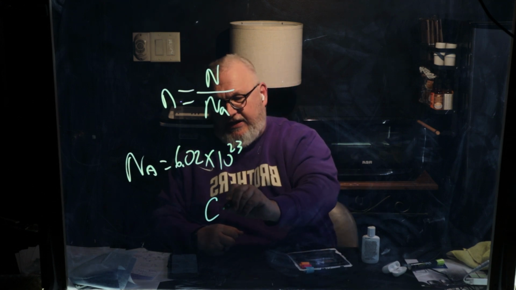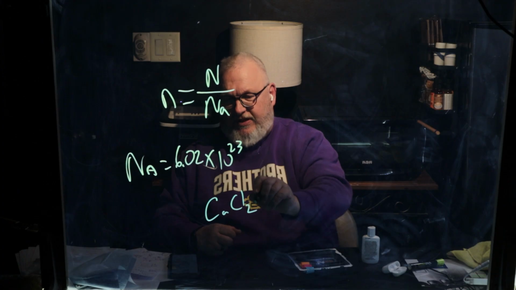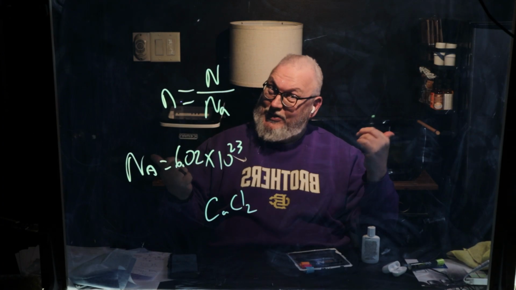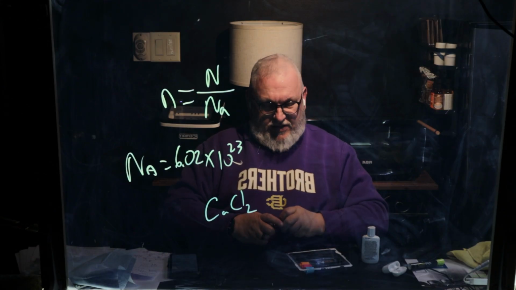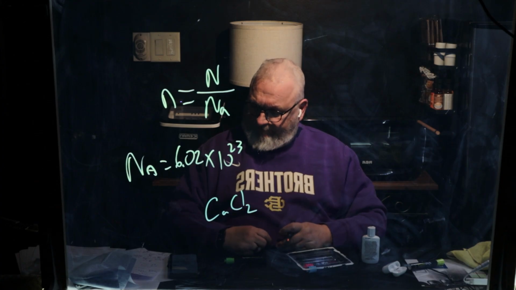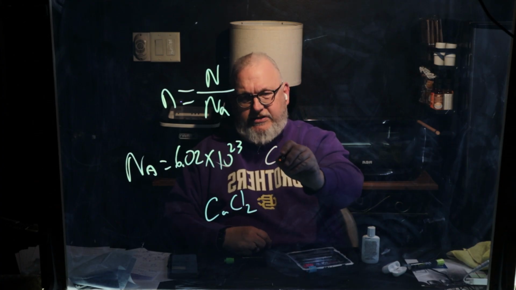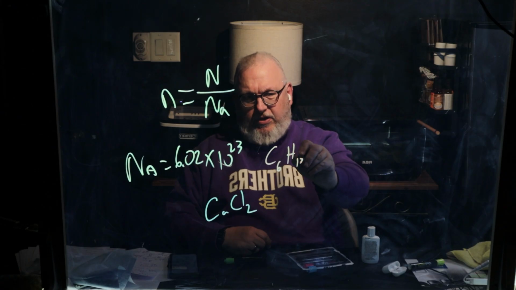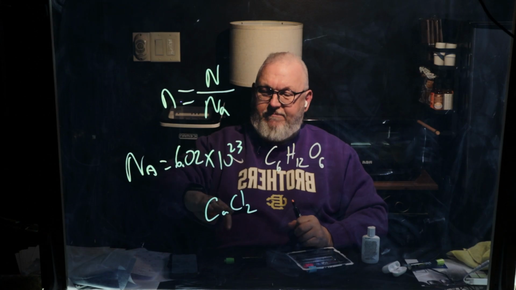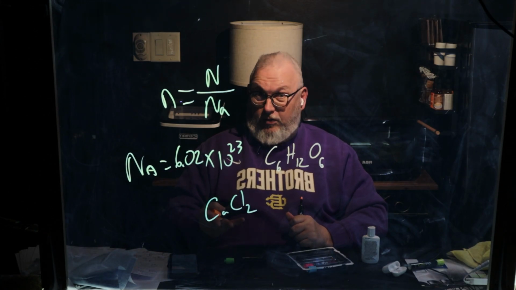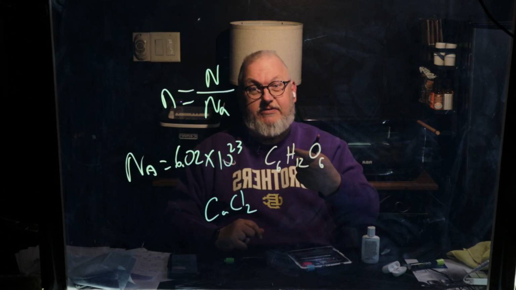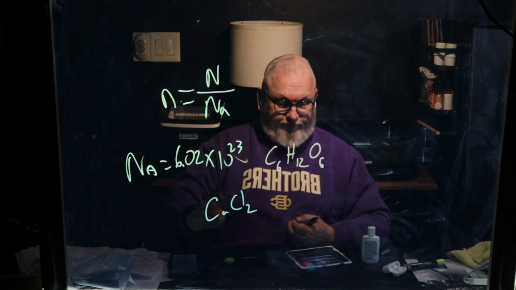It could be a salt formula unit. Let's do CaCl2. That's a good salt. Okay, calcium chloride. We've been using a lot of that. Another salt or a molecule. Let's use sugar, C6H12O6, glucose. So if I have a mole of calcium chloride, that means I have 6.02 times 10 to the 23rd